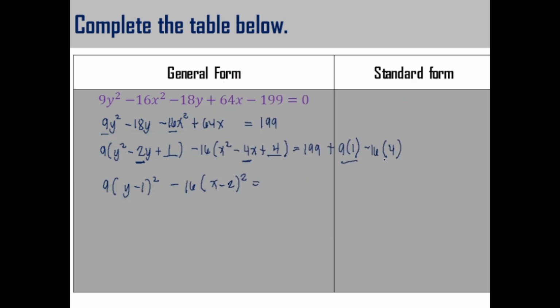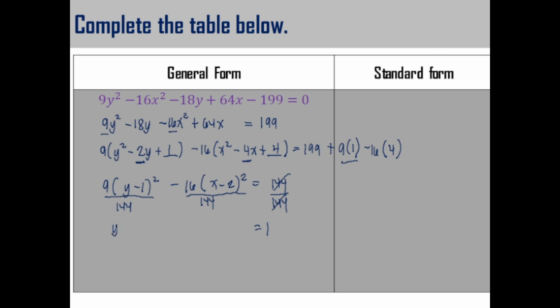Okay, that's correct. Correct answer is 144. After po natin na i-simplify ito, ang gagawin naman po natin, i-divide natin sa 144 para maging 1 yung ating right side. Divided by 144. Ito, magiging 1. Okay, so 9 divided by 144, when you press that to your calculator, that is 1 over